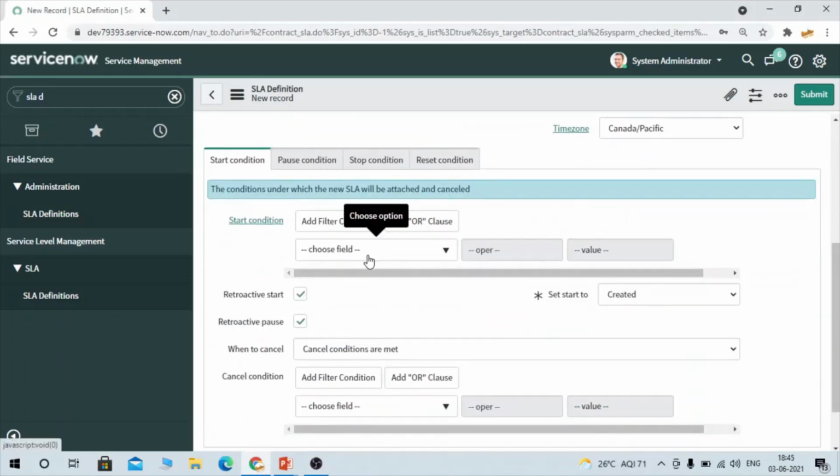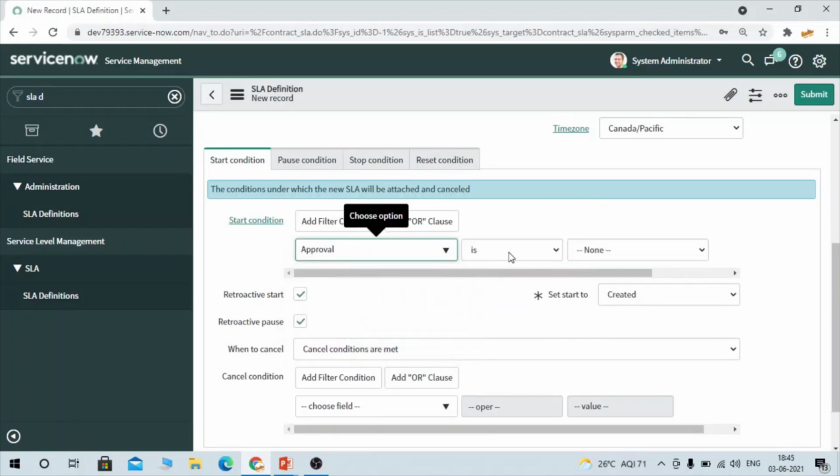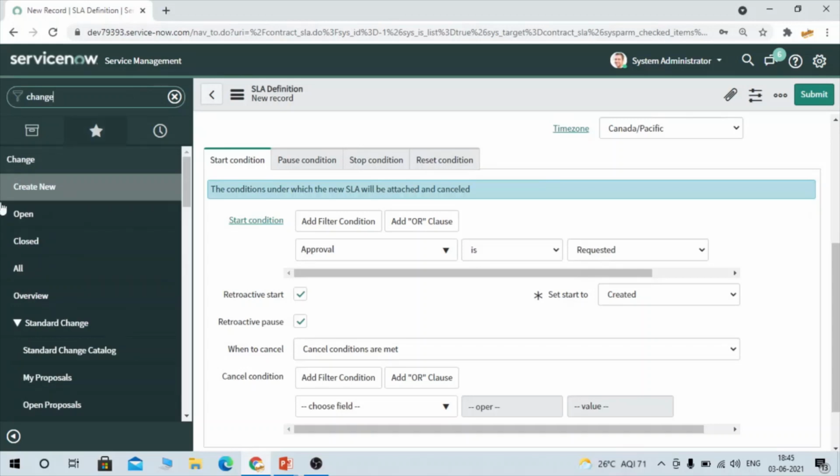And in a start condition, when it has to start, we are not configuring this SLA for a normal incident, like once it gets created it has to be running. No, like we are creating it for approval purpose. So what I'm going to select is approval is requested. So once approval gets requested, for example, let's go to change.